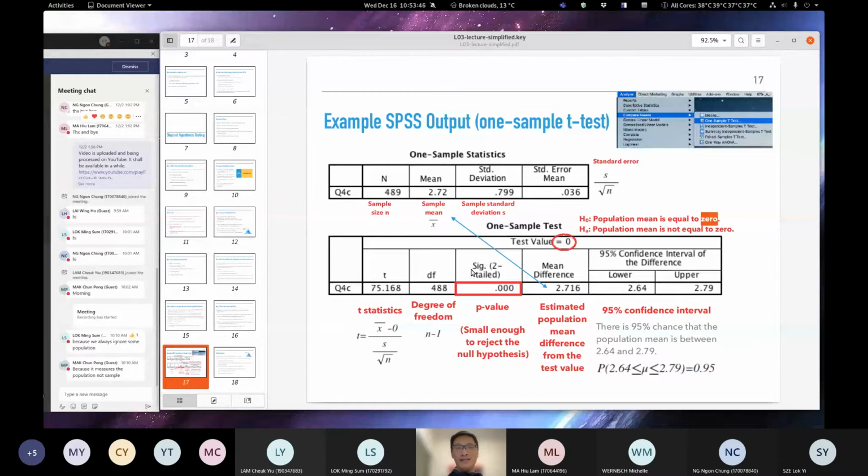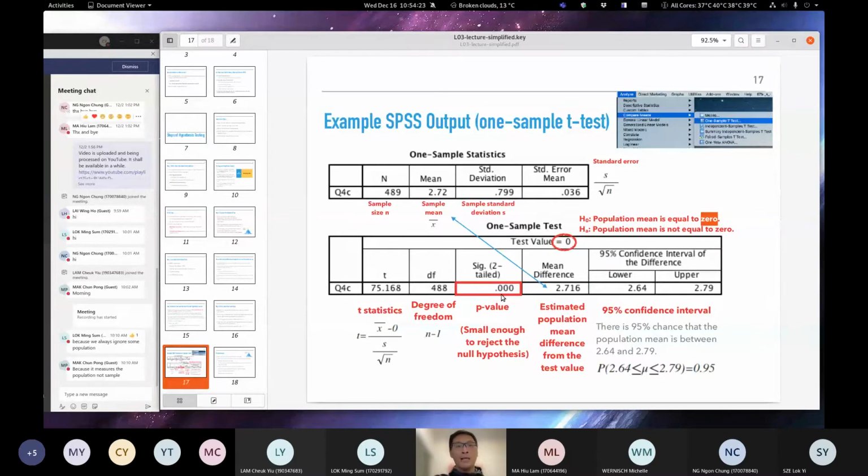SIG stands for significance, but it is just another name for the p-value. So when you look at the output, you basically look for the column that says SIG or significance, or in some software, it is simply called the P or p-value, okay? So you look at this number and try to determine if it is small enough to reject the null hypothesis. Now, in this case, we get